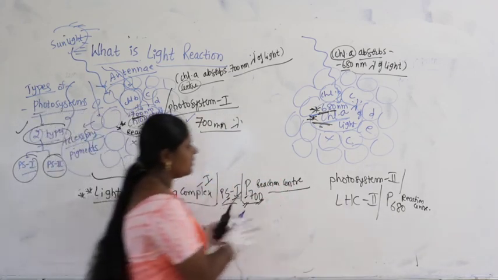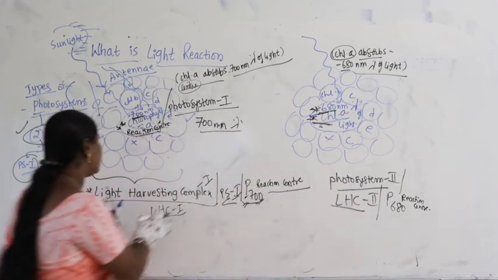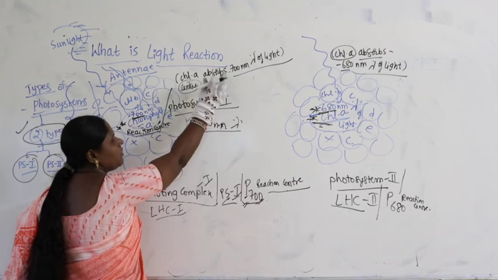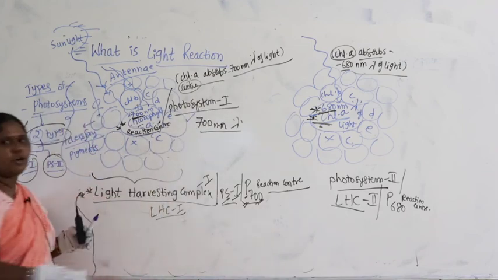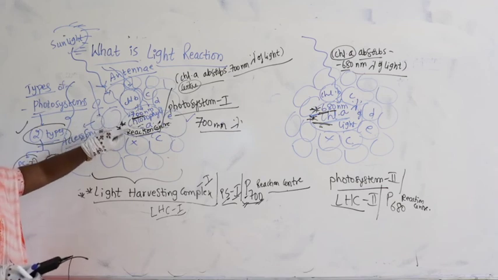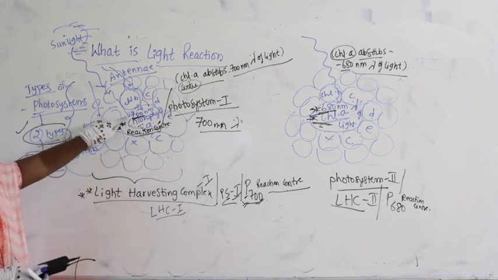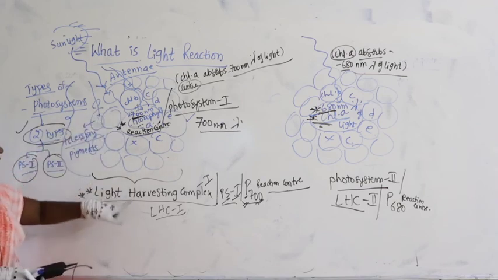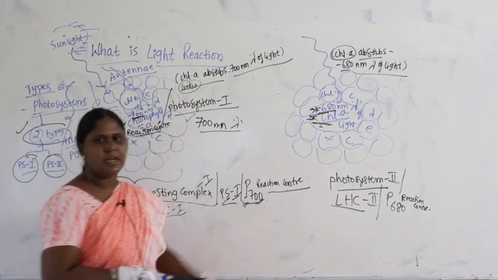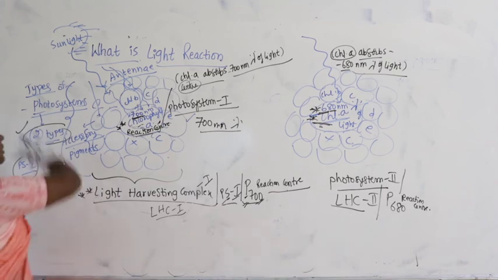Now when you take this, what is the difference here? Here in this case photosystem 1 is there. What it absorbs is 700 nanometers wavelength of light. It all depends on whom? The center chlorophyll A, because here the reaction takes place. If it absorbs 700 nanometers, it's called light harvesting complex number 1, PS1, P700. Why? Because the total complex is